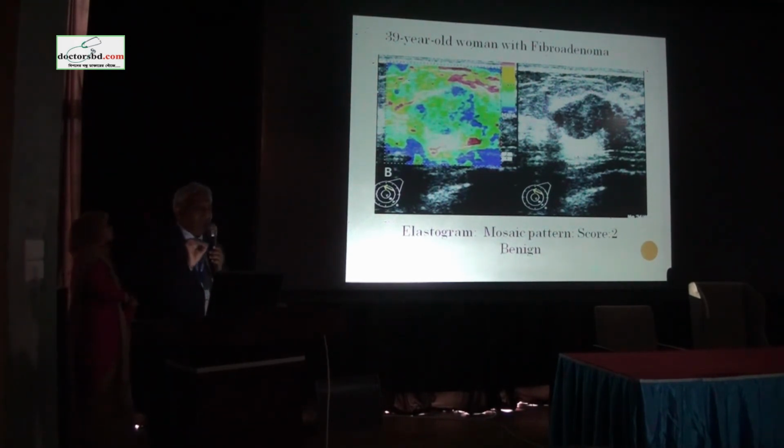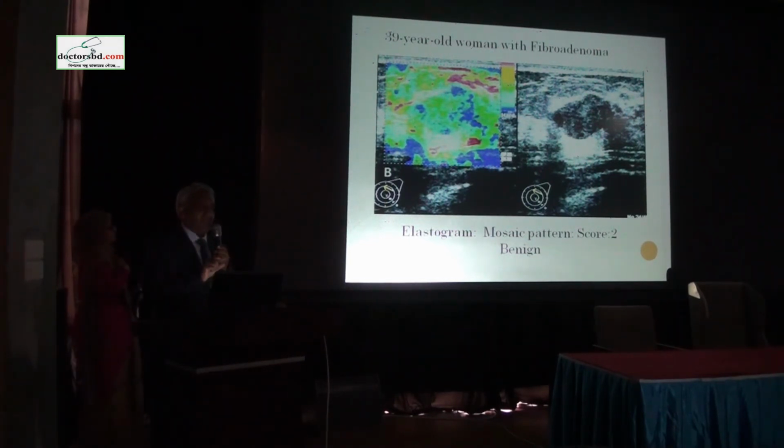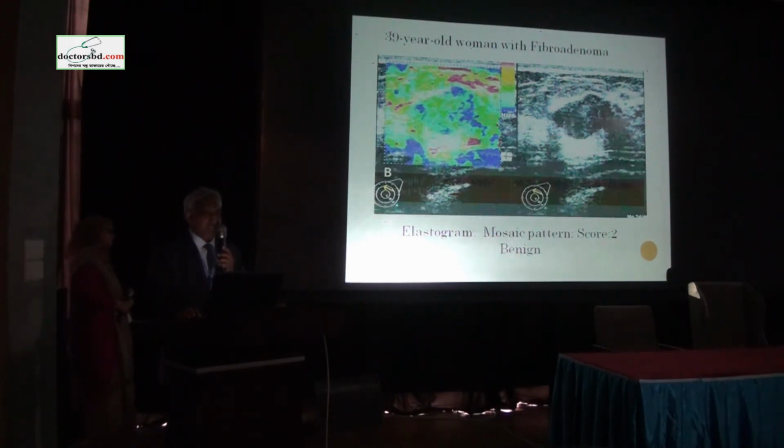Another lesion over here, you see the very well-defined, smoothly marginated, no infiltration, no lobulation, no irregularity, and no calcification at all. And definitely on the basis of ultrasound, you will label it as grade 2, score 2, and BIRADS 2. And on the elastogram, you find a mix of color, a kind of mosaic pattern, which is commonly seen in cases of BIRADS 2 category, a case of fibroadenoma.